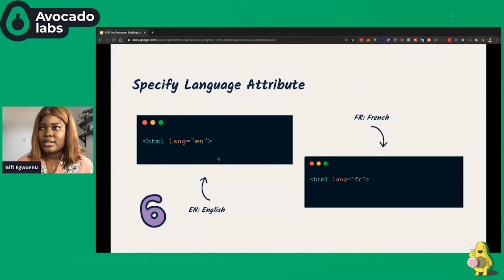Something else I'd like to point out is to specify the language attributes. If you're writing HTML, a lot of people omit this, but it shouldn't be that way. If you're building a website whose main language is English, make sure you have the lang attribute. If it's French, make sure you also have the lang attribute for French,